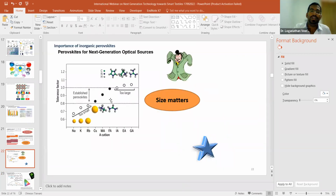In this picture, it can be clearly seen. See here, for example, if they change different cations like sodium, potassium, rubidium, cesium, they can control the tolerance factor. If your tolerance factor is within this range, 0.8 to 1, you can have better stability. If your tolerance factor is too high or too low, the perovskite will easily degrade. So that's why we rely on cesium-based perovskites, because in our project we always rely on inorganic cesium-based perovskites, because most of them have a better tolerance factor. This is the major